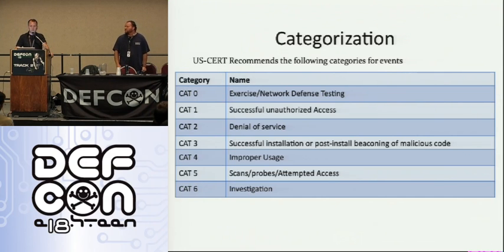Category 4 would be improper usage. You could put spyware in there, because users download it. You could also put browsing porn, if that's not what your organization's into. And Category 5 would be scans or attempted access. So you might have someone trying to do a SQL injection, and they were